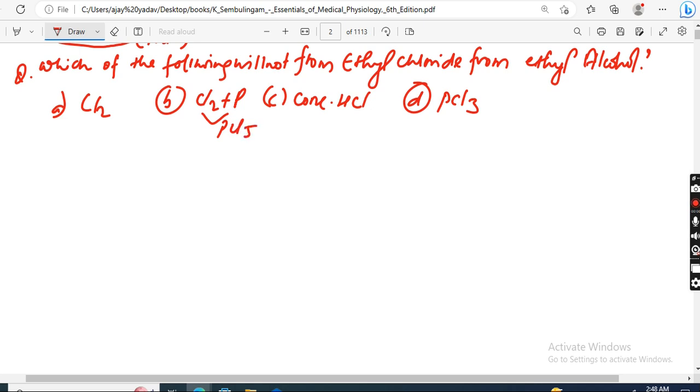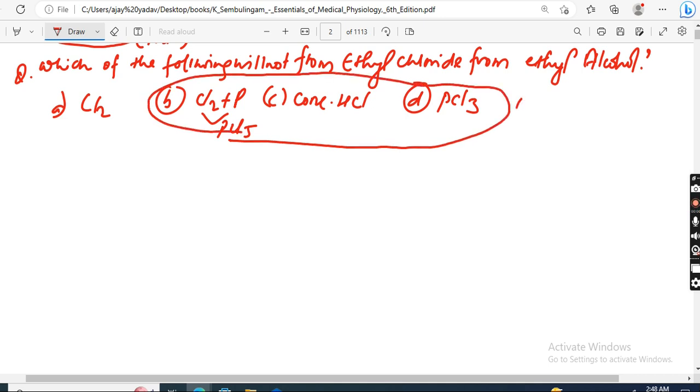So all of these actually react with ROH to form RCl, right? But direct chlorination will not form ethyl chloride from the ethyl alcohol. Okay,